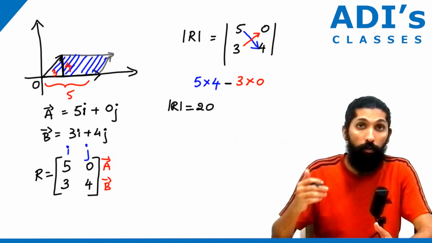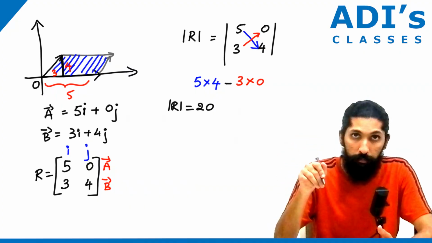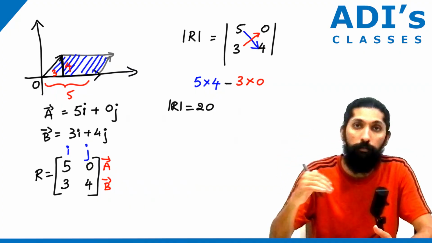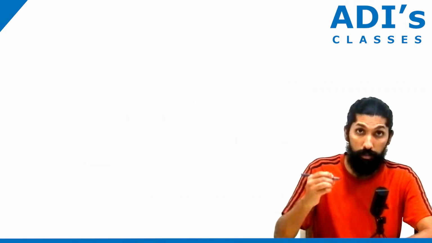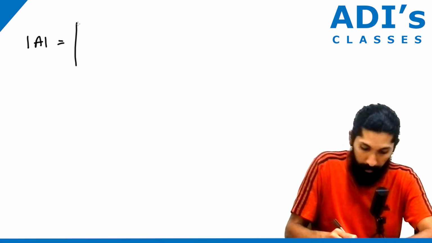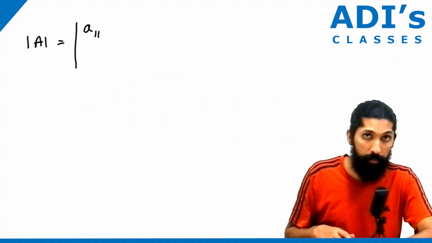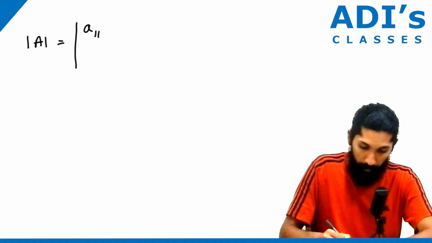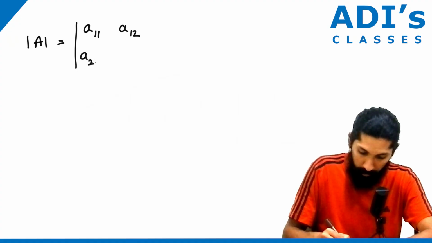Alright. So now I'm going to show you the general way of representing the determinant of a 2 cross 2 matrix. Then we'll go for 3 cross 3. Fair enough? For a 2 cross 2 matrix, suppose say determinant of A, say this is A11. See, A11 represents first row, first column. Next A12, A21,